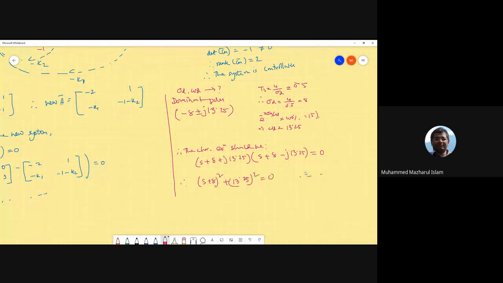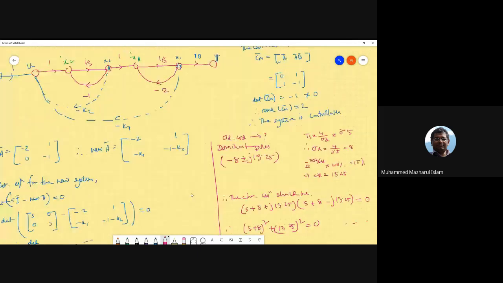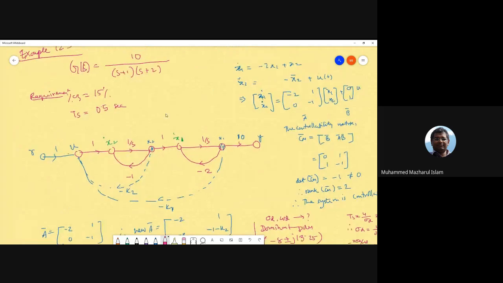This will be your second order equation number 2. Now, just like before, we can compare these two equations and get the values for K1 and K2. And that would complete the feedback design. So the purpose of showing you this example is to let you know that we can design feedback mechanisms for